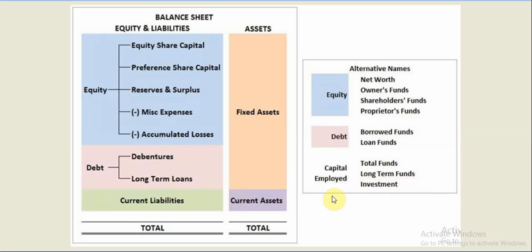Capital employed can be calculated in another way also, friends. I already told you capital employed is nothing but equity plus debt. If I have to calculate capital employed in an indirect way, that is from the asset side, it will be total assets minus current liabilities. If I take the balance of total assets and deduct current liabilities from it, I will get the balance as equity and debt, right? So that way also you can calculate capital employed.